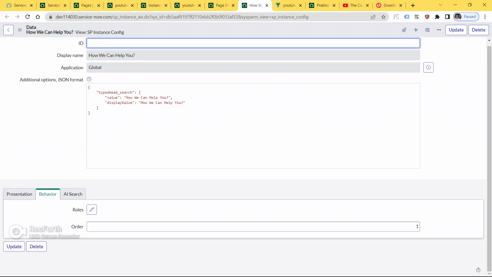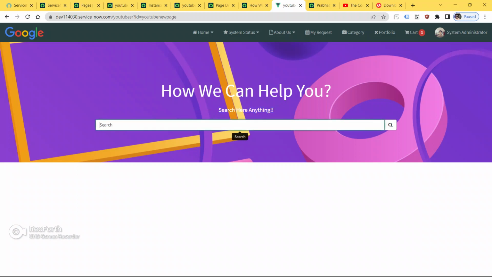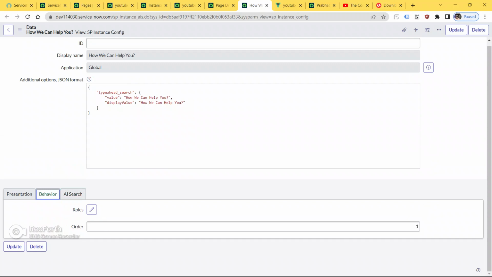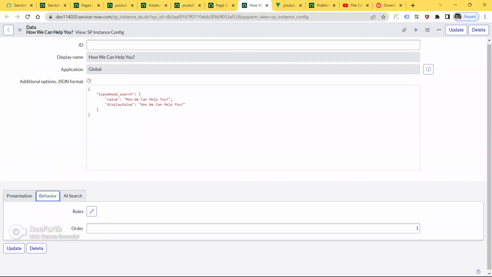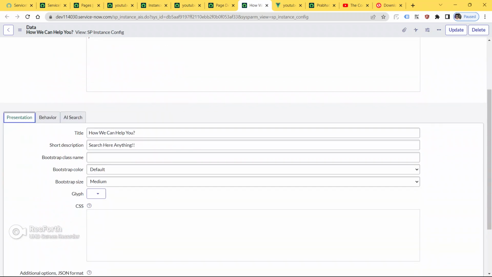Click in the instance, AI search. I'm going to put a placeholder. Behavior, presentation, give anything.